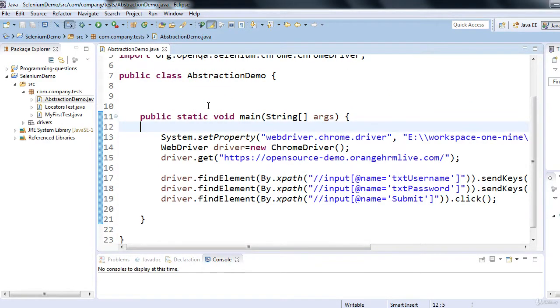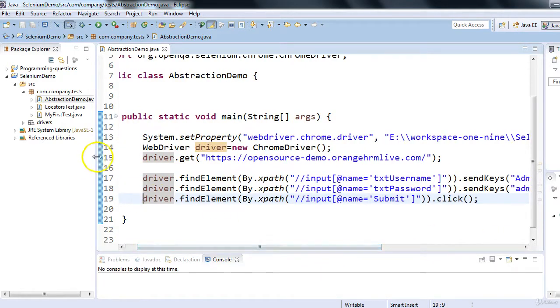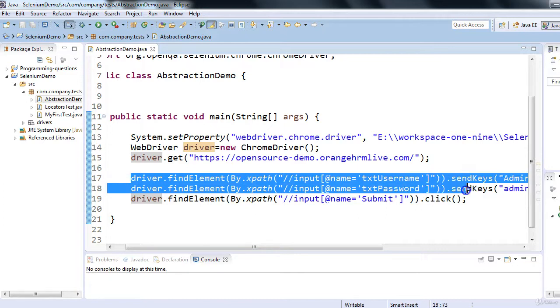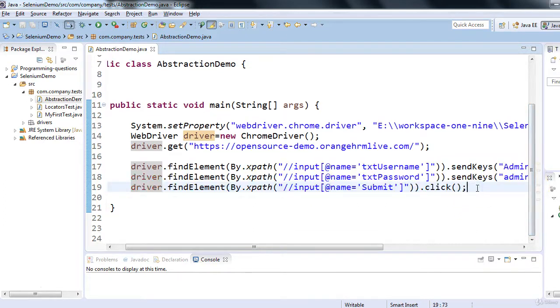Alright, so we were discussing abstraction, and now I have a code which will launch the application, and these 3 lines will enter the username, password, and click on the login button. So if you think, abstraction means we have to hide the implementation details. What if I have to hide these 3 steps? I don't want to show to the user or in our test that these 3 steps are involved for the login. So what I will do, I will create